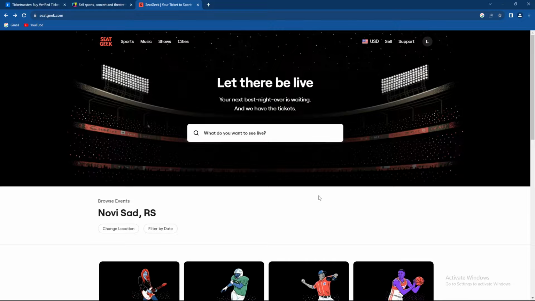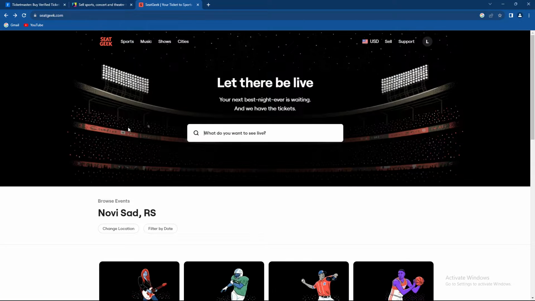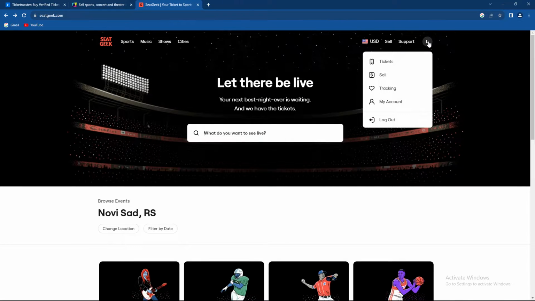So guys, how to sell your Ticketmaster tickets on SeatGeek. There are two options. First of all, basically an easy way, click sell and just select whatever you want to sell. And also there is an option when you go on your icon over here, when you hover over it, basically